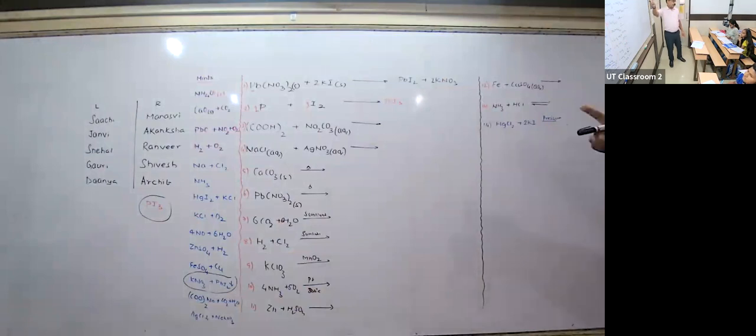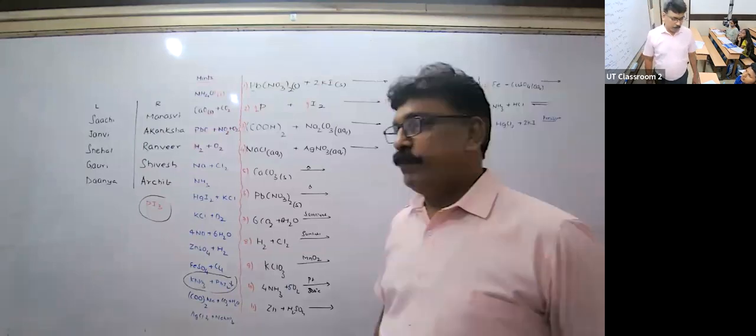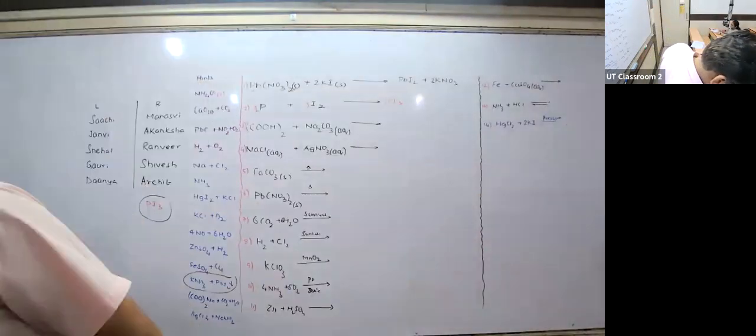Balancing is happening, the products are becoming known, and then you are able to match. Yes, this product. Now there is an interchange of those reactants to the products, so that also you come to know. Okay, come on, do it, all of you. And let me see how many are able to do it fully.